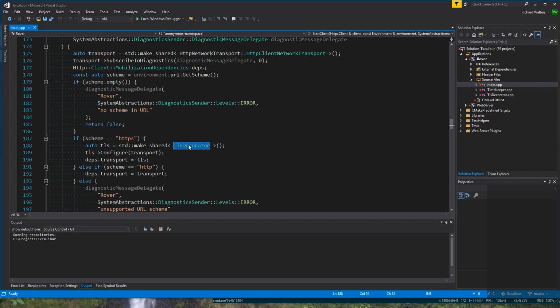The decorator pattern basically says you're going to insert a class that has the same interface, but changes the behavior in some way. So TLS decorator implements the same interface as this client network transport, and what behavior changes is it makes the connection secure using transport layer security, which I did not write the implementation of. Again, I'm using LibreSSL's implementation, which is based off of OpenSSL, and LibreSSL is maintained by the OpenBSD folks,